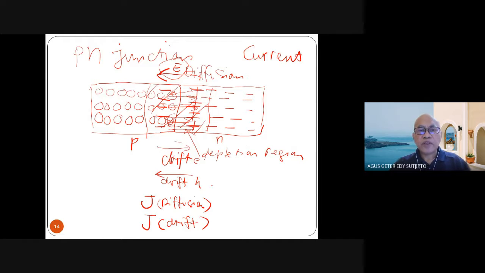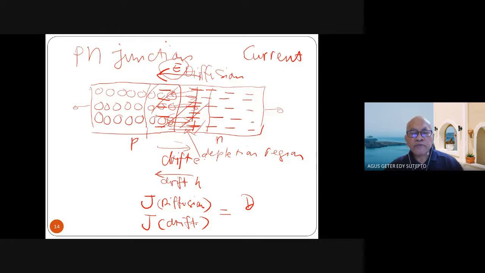So in this case, since we do not have any external energy, the circuit is open. Therefore the diffusion current and drift current should be the same. So this is the same, diffusion current and drift current, in a PN junction, only at the contact junction. Then the diffusion is because the electron and hole have a diffusivity,